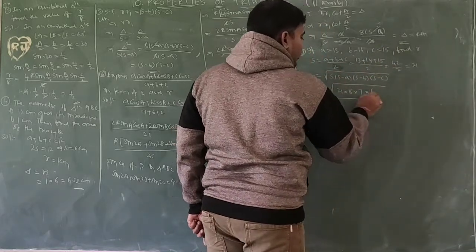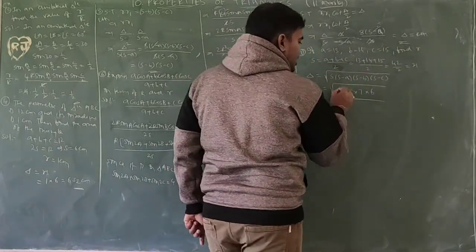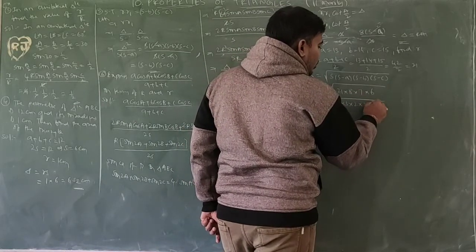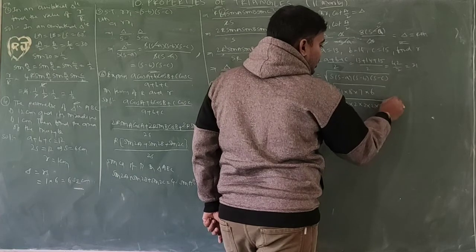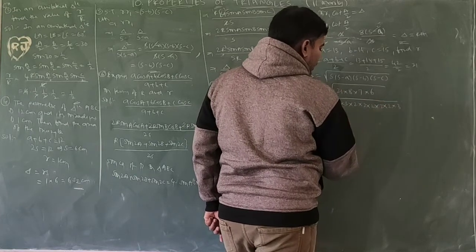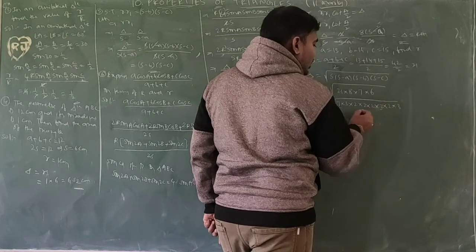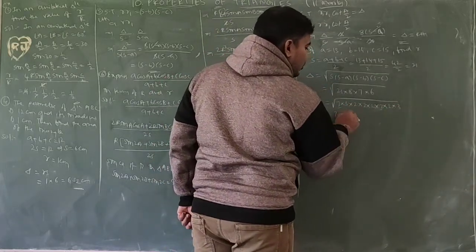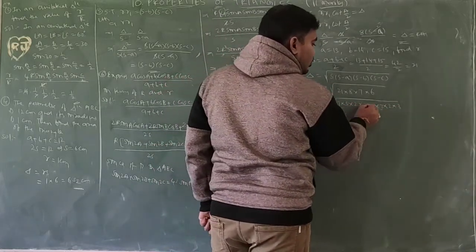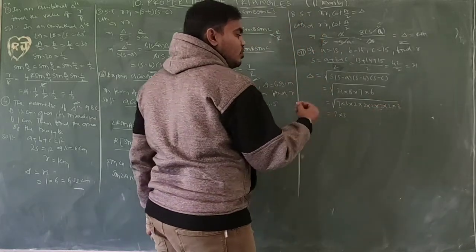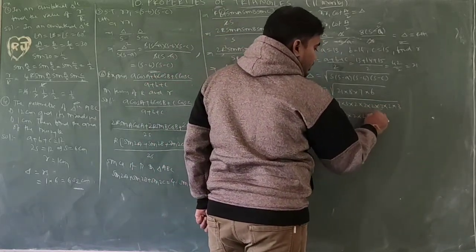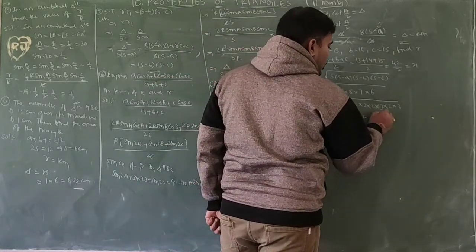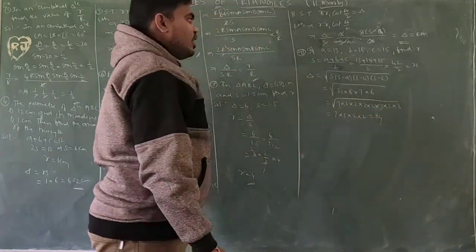I want to divide into factors. 7 into 3, 2 into 2, 8, 7, 2 into 3. So 2 times 7, bringing outside 1 times 7. 2 times 3, bringing outside 1 times 3. 4, 2 bringing outside 2 2. 7 into 3 is 21, into 2 is 42, into 2 is 84. So area equal to 84.